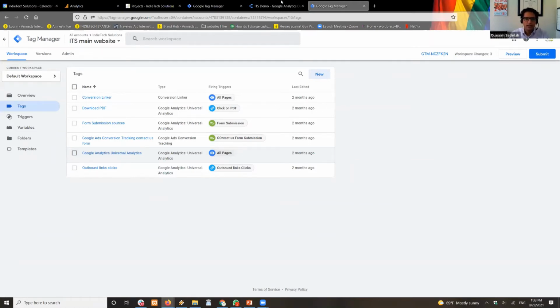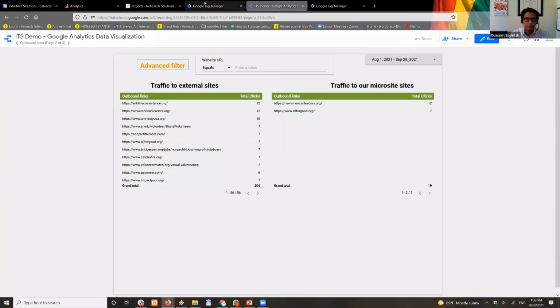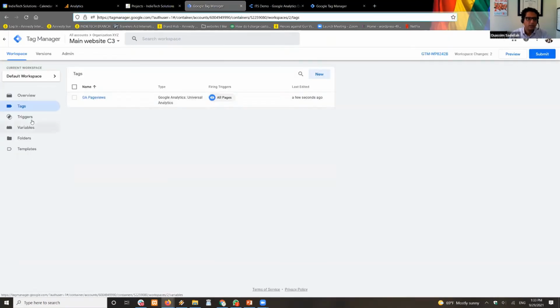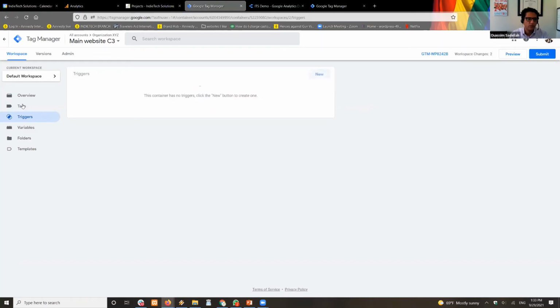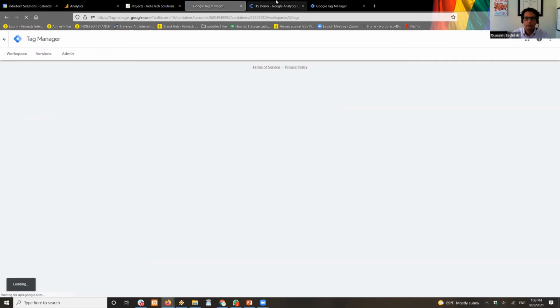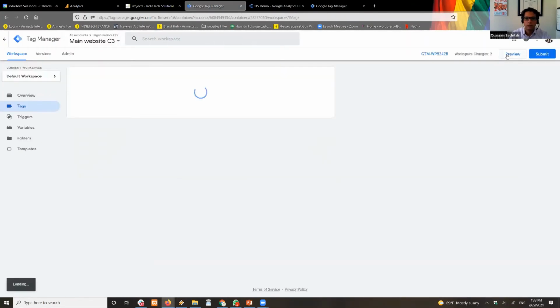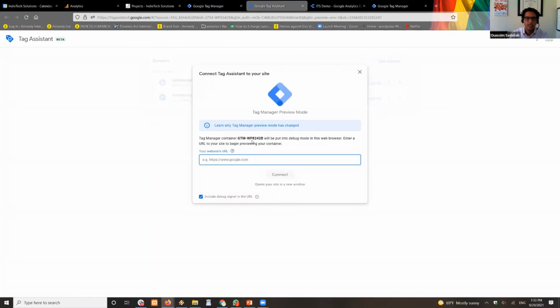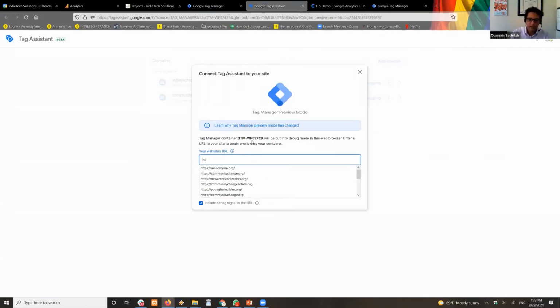One good thing when you create tags is, I create this tag, looks good. The trigger is whenever there is a page view, amazing. You can preview your tags before submitting them. So I'm just going to click preview here. Let's refresh. Preview, and then it will ask me where is the website, assuming we already installed the GTM code I mentioned earlier. HTTPS. I'm going to do that indeed.